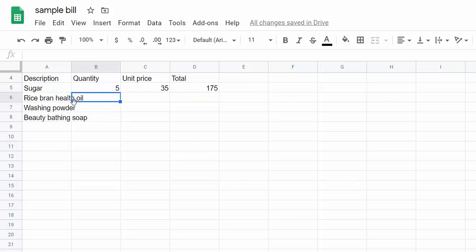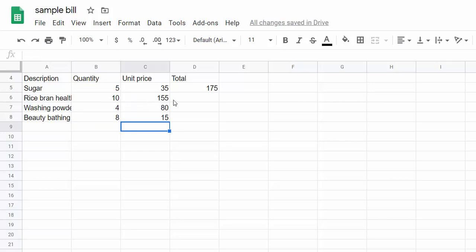Similarly, we will make entry for remaining products. Let's say I want to buy this for 10 kg and unit price is 155. Then next is washing powder, again 4 kg, unit price is 80. Bathing soap 8 in quantity and unit cost is 15.